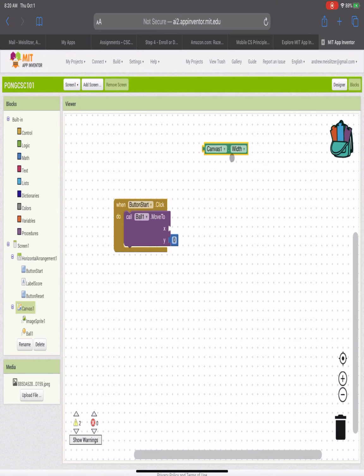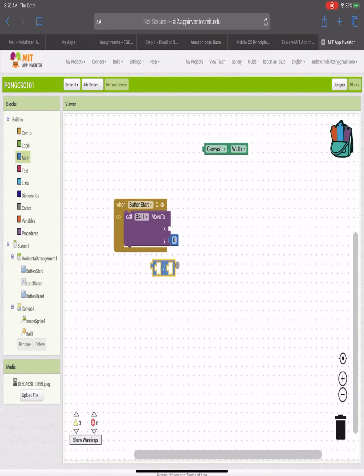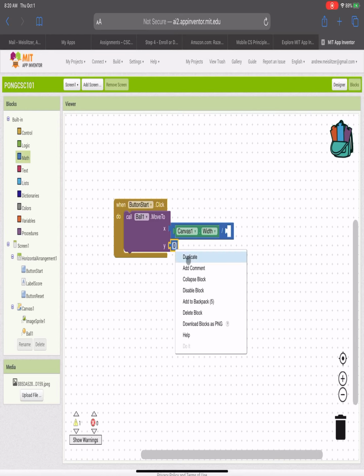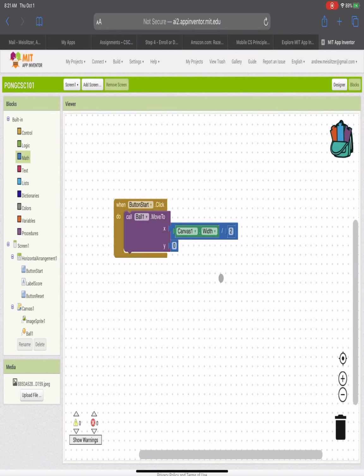In order to find the midpoint, or the average of something, you just basically have to divide the object by 2, obviously if there were 2 numbers. So in order to find the midpoint, I need to divide this by 2. So I'm going to go into my math block here, grab the divisor, and plug this in. I want to take this canvas width, plug it in here, and divide that value by 2, and that will give me the value that I'm looking for. So when I click the start button, that will move the ball to the very top